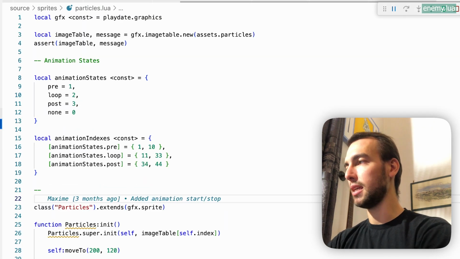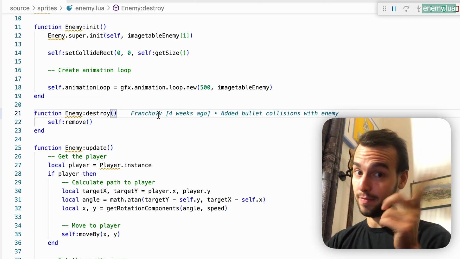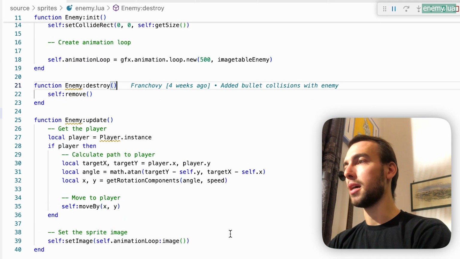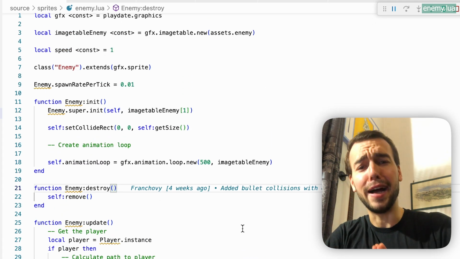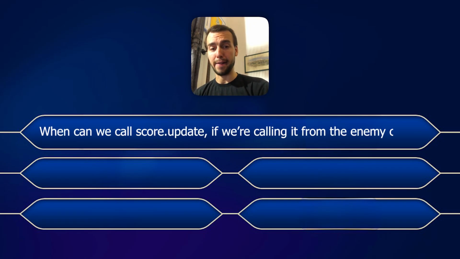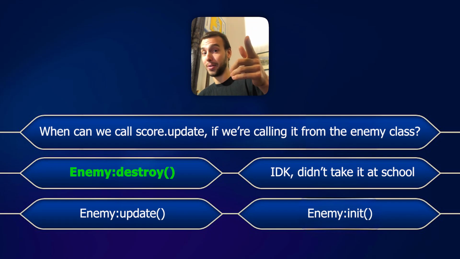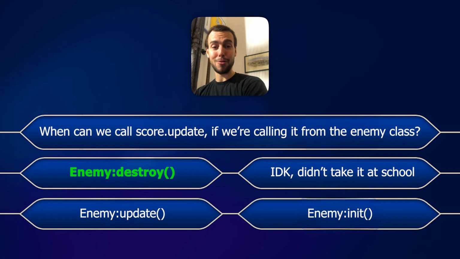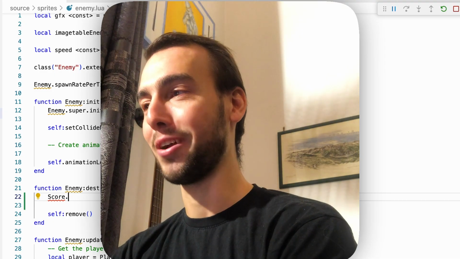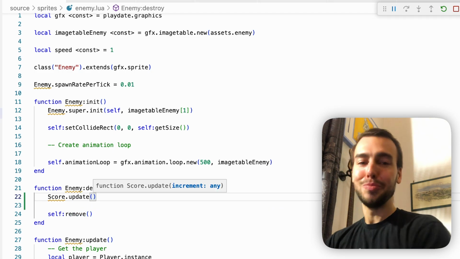Let's add a function to enemy.lua. So enemy.init, enemy.destroy, might be that one, and then enemy.update. So guys, quiz time. When can we call score.update if we're calling it from the enemy class? I'll give you 1 minute to think about it. Okay. That's the right answer. It's enemy.destroy. Great job. We're going to do score.update, and then we're going to update it to...